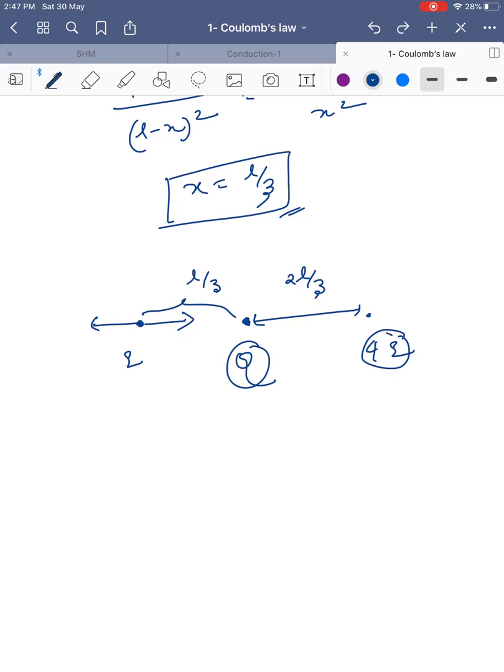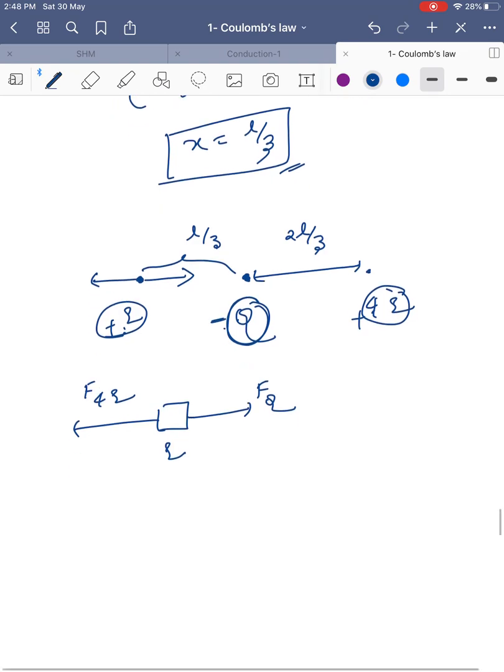Now I am going to decide the sign. Because of 4Q, on Q I am writing the free body diagram of Q. This is positive and the Q is also positive. Obviously the force due to 4Q is a repulsive force in the left direction. The other force due to q should be in the right direction. For the force to be in the right direction, there should be an attractive force. It is a positive charge for Q, so what should be the charge here? Negative. We decided the charge is negative.